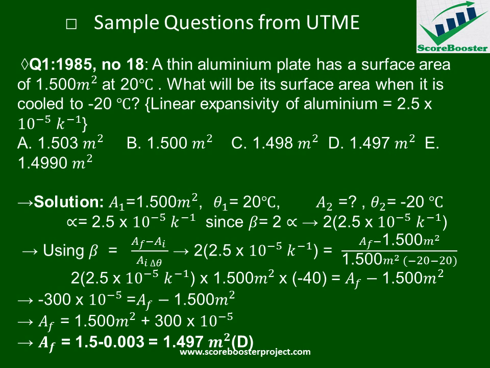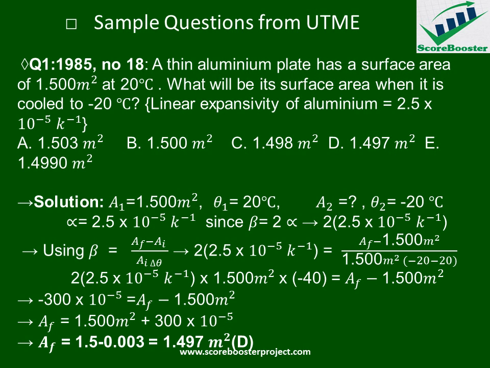Then this will be equal to AF minus 1.500 meters square. Then when you evaluate the left hand side, that is 2 into 2.5 times 10 to the power minus 5 times 1.500 meters square times minus 40, everything will give us minus 300 times 10 to the power minus 5. And that will be equal to the right hand side, which is AF minus